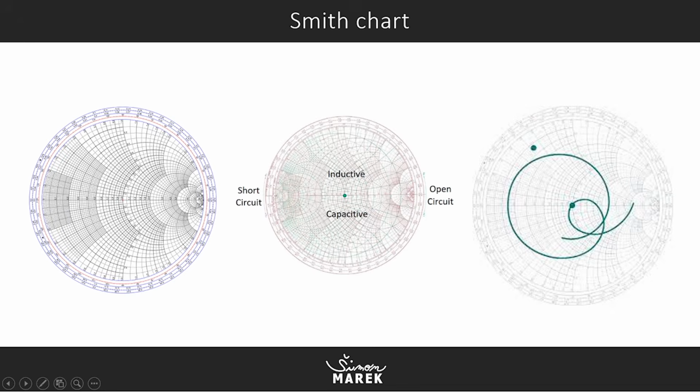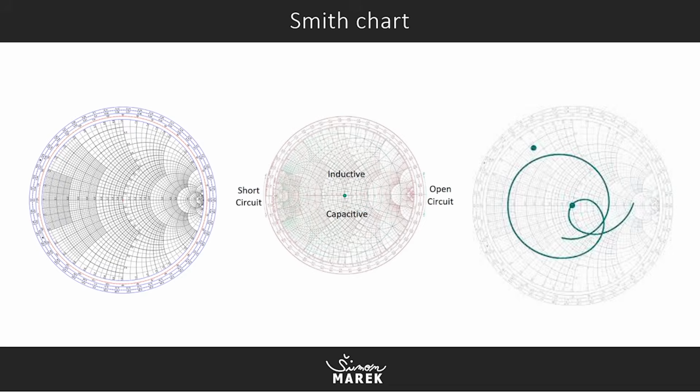Upwards there is inductive element, and downwards there is capacitive element, and here's our trace in different frequency sweeps or different frequency spectrums. So here we can track our signal across different frequencies. This is a very important thing, the Smith chart, and from here we will know our